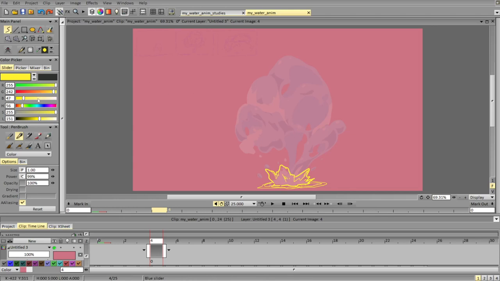Okay, now we'll go to the liquid. I want to emphasize directionality and make sure the forms emphasize the volume. And make sure that these two don't look too similar.